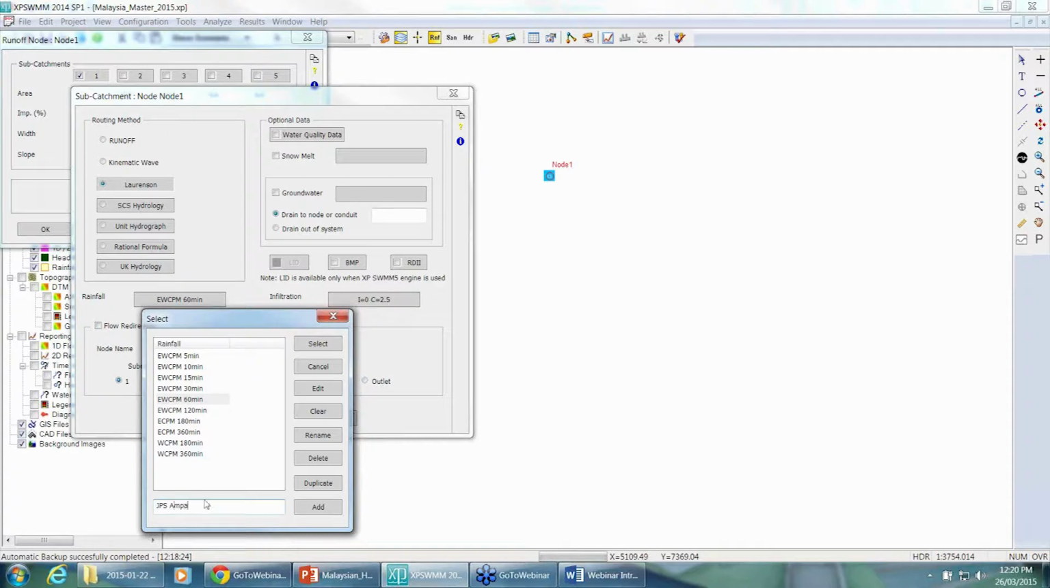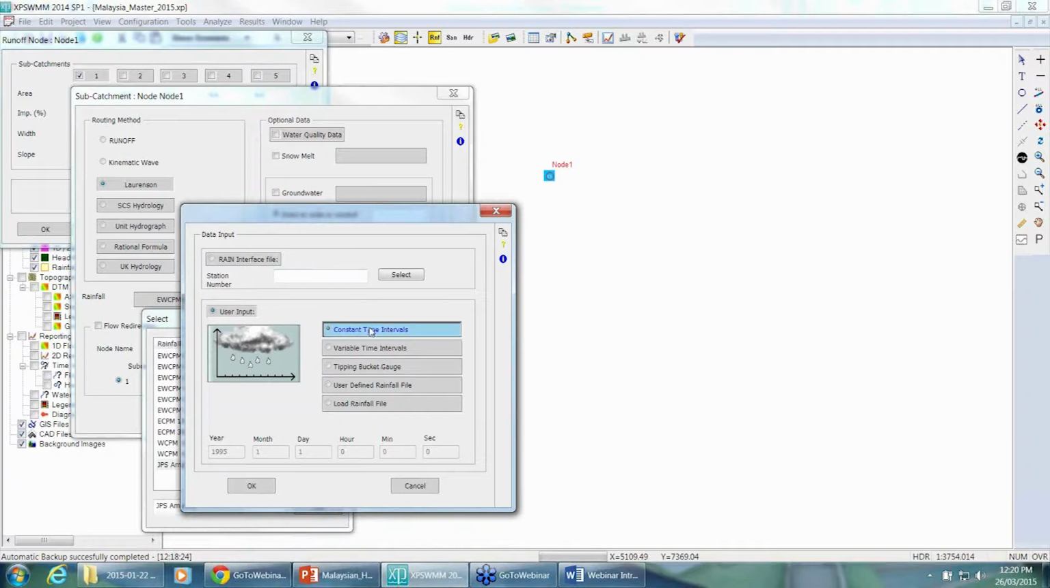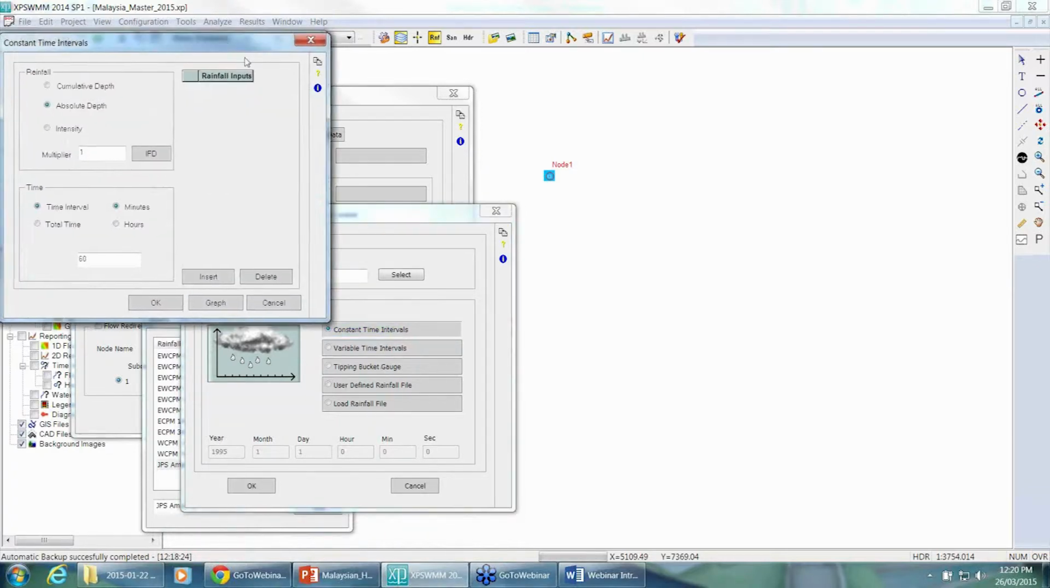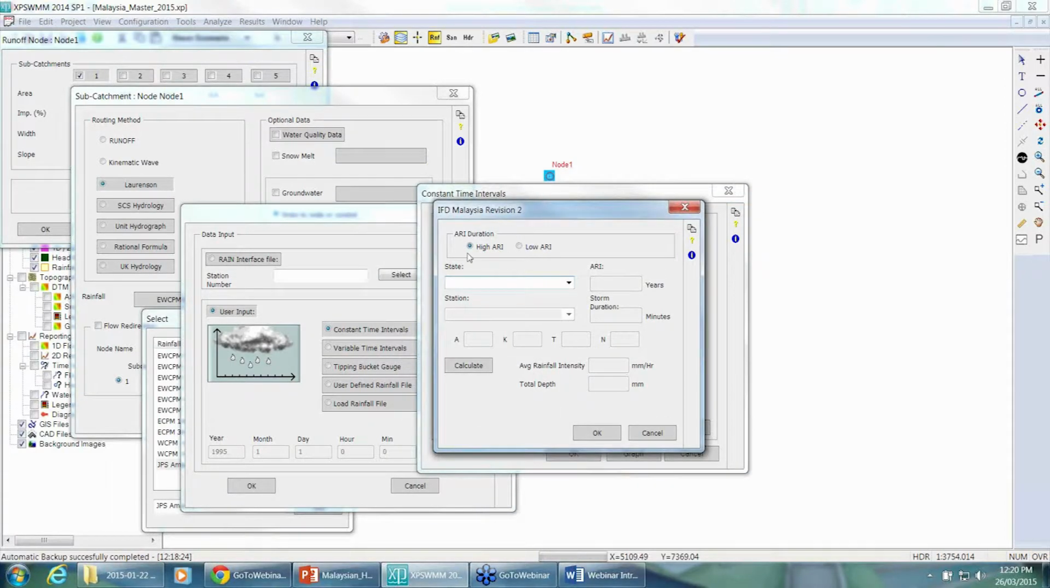JPS. Okay, and I'm going to hit add. I'll edit this, go into this particular dialog box, and I have an IFD calculator. This is specific for Malaysia, and this IFD button, I can select the type of ARI for the study, select my location. So if I were to go to Selangor, I can select JPS Ampang, nominate